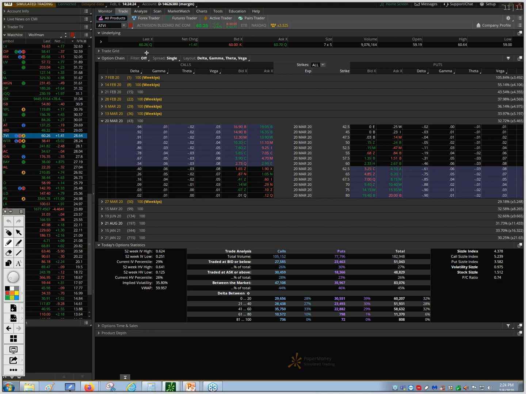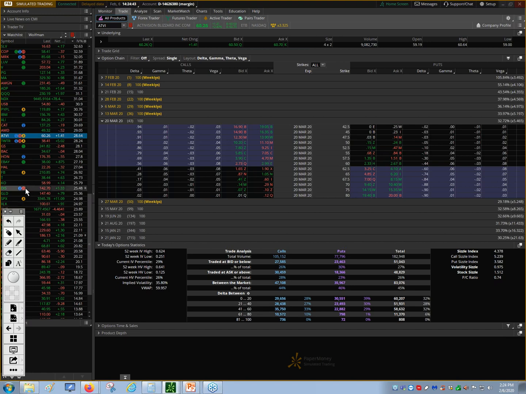And all of this is the option montage. So we've got a stock that's under $100. We need to check here and make sure that they are less than 10 cents wide to the bid ask. You can see that right now, Activision's not fitting that rule, but this also needs to be looked at during open market operations. We could probably find something else that fits that rule,